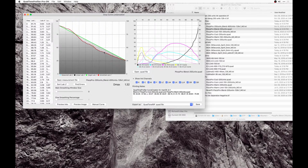So you can see there's some measurement errors, and we have these big blocky chunks here in the quad curve. To sort that out, you just move these smoothing sliders, and this main smoothing window is going to move down the curve and down the measurements and average these points together and create a new point. If you go too far, it actually averages points that are darker than the current point. Like here, it's averaging all of these. So the darker points are influencing more than the lighter points are, just because of the shape of the window. To get back from that, you just hit this fine smoothing percentage,